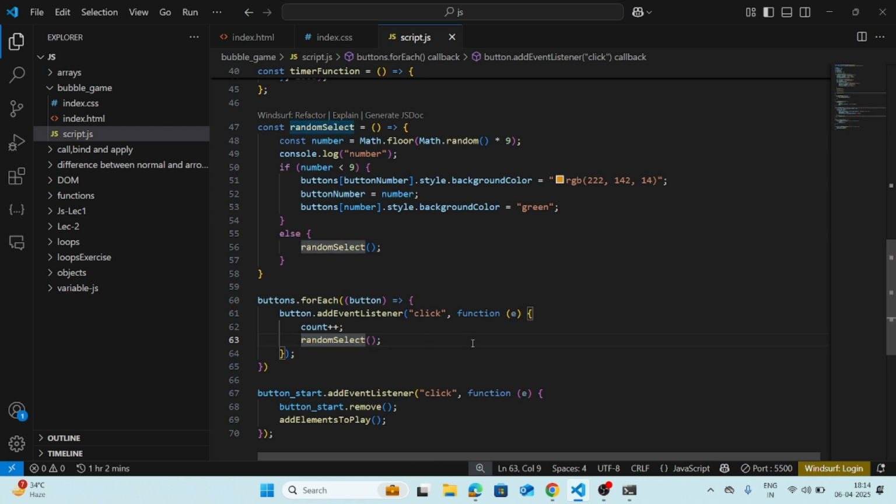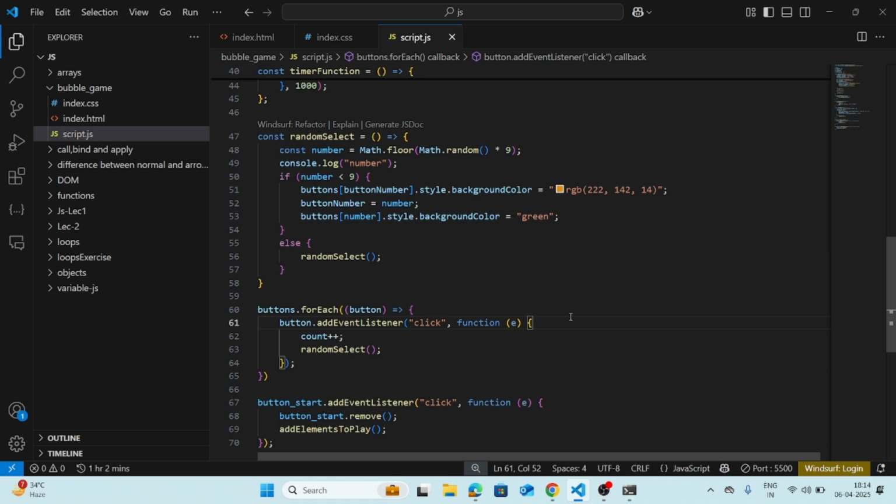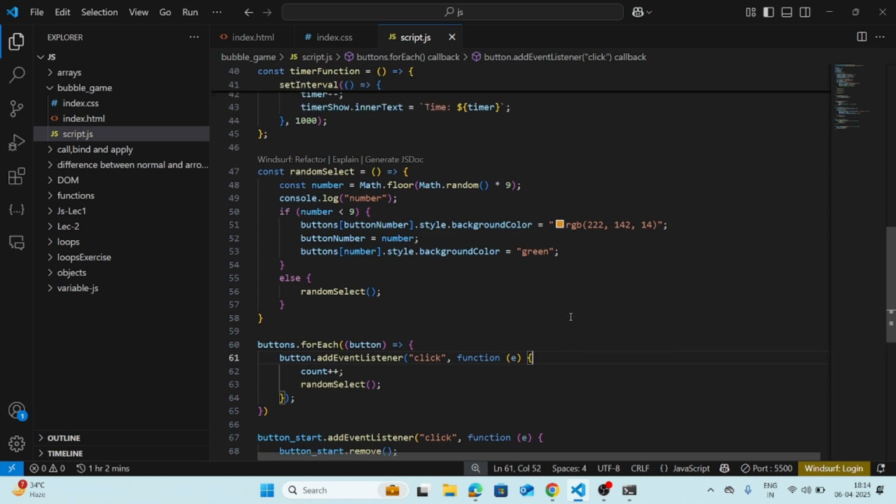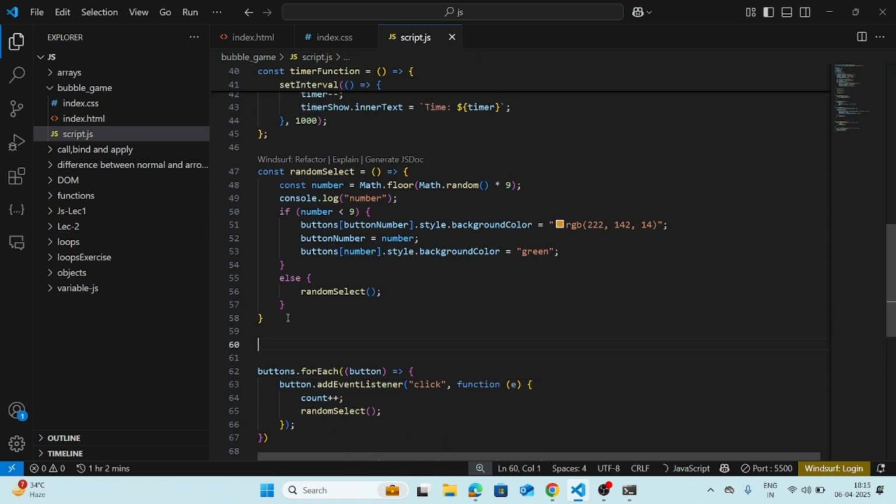But before this, I will just have to do a checking. What kind of checking? That the button clicked is actually the button highlighted one or not. So we will do one more checking function also. So const checking, okay,